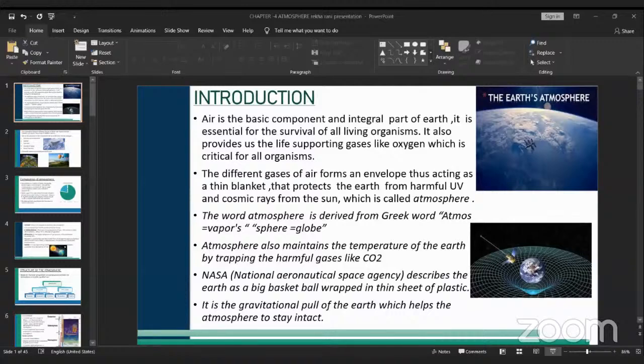The primary or planetary winds, we shall discuss in detail now. They are present on the surface of the Earth throughout the year in the same direction, and therefore they are called primary winds, permanent winds, or prevailing winds. You can observe in the image that the primary winds blow throughout the year, without seasons.